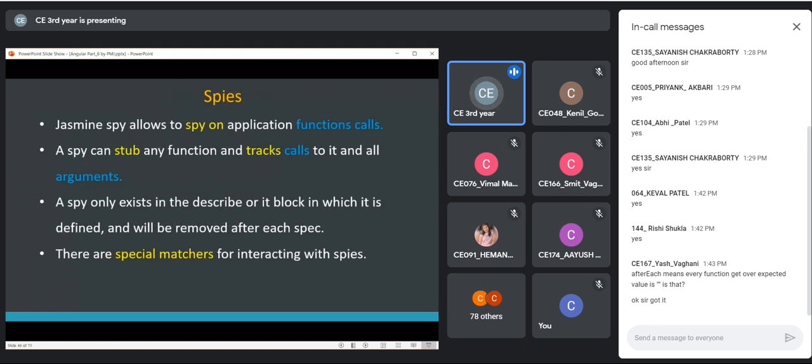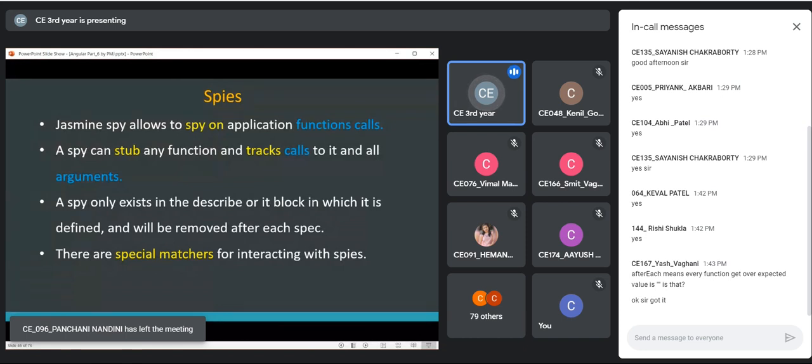Okay, now this is one of the useful features, spy. It is available in most of the modern testing frameworks, and the Jasmine framework supports spies. So what is the concept of a spy? In a normal scenario, we say spying on someone. Here also, you are writing spy functions, which spy on a particular function or function calls. Those are known as spy functions.